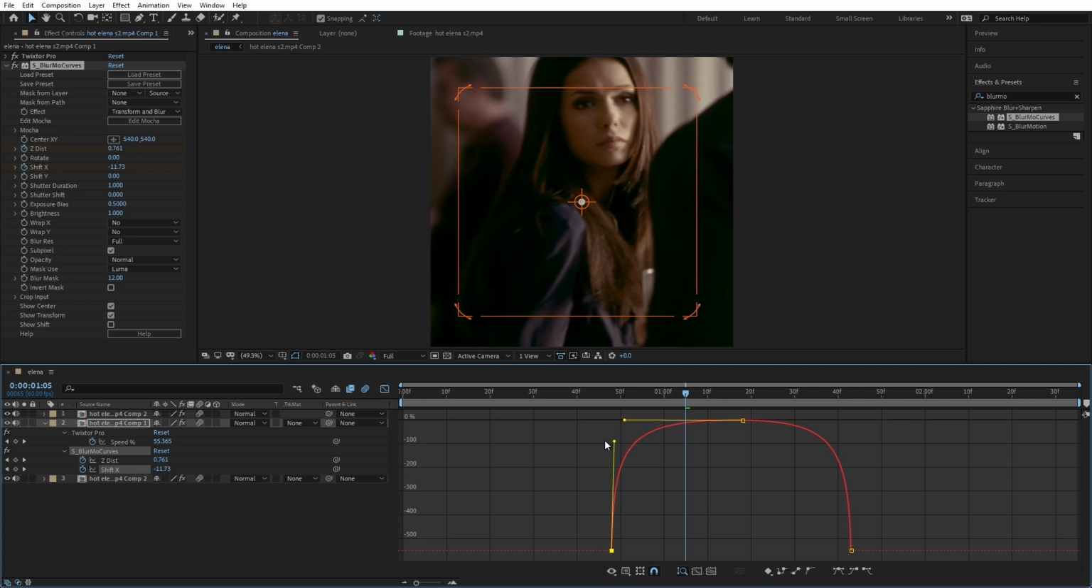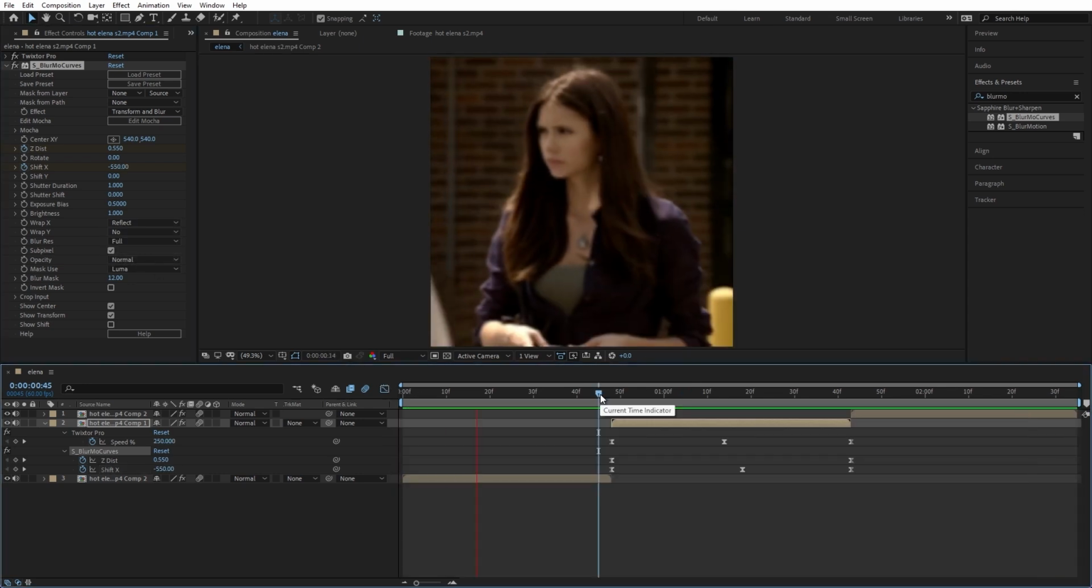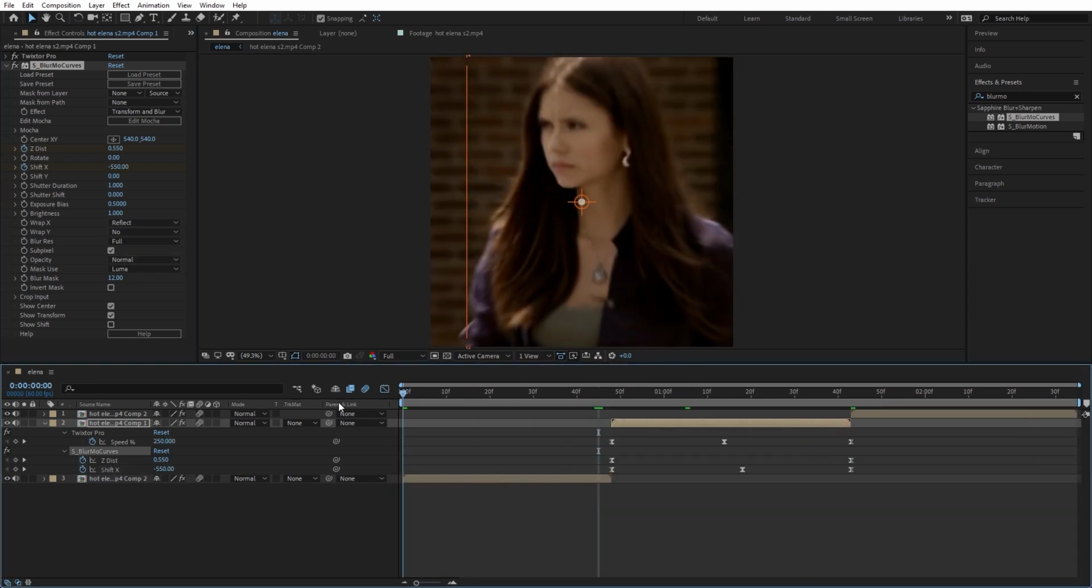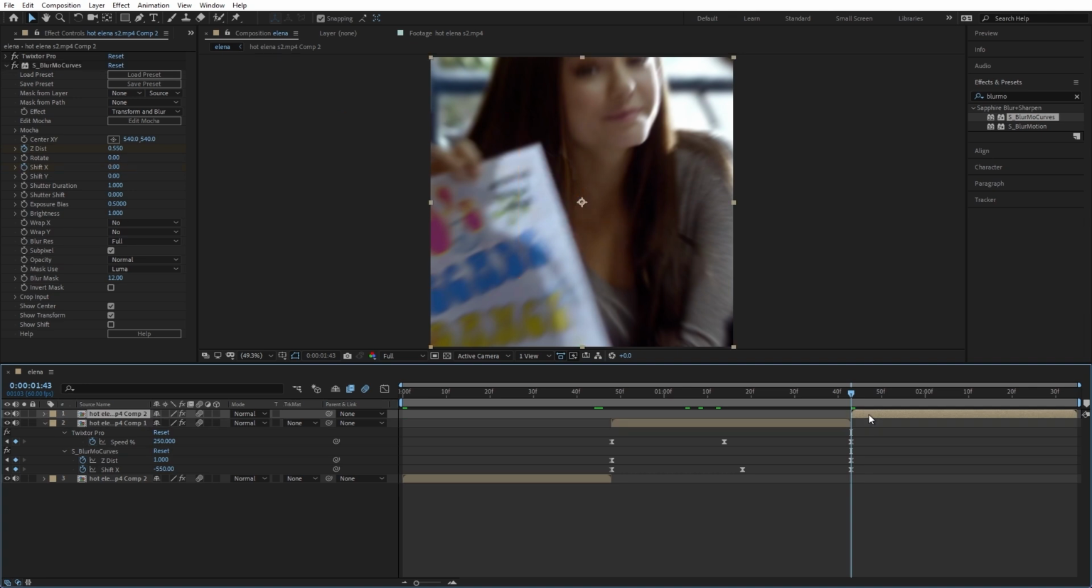So something like this. And don't forget to enable the Wrap X from No to Reflect. Okay, so now you should have something like this. Okay, now let's do the last part, which